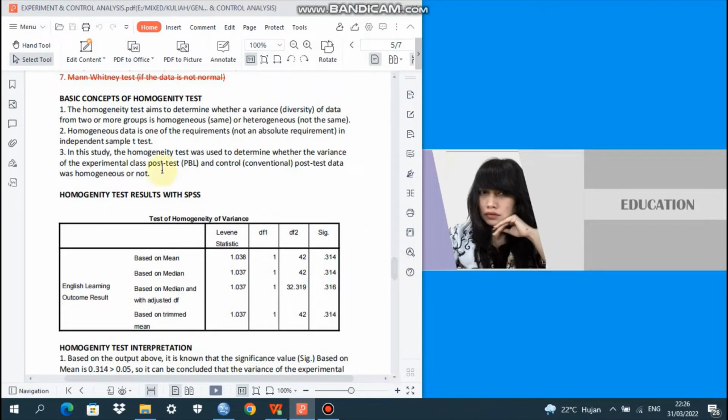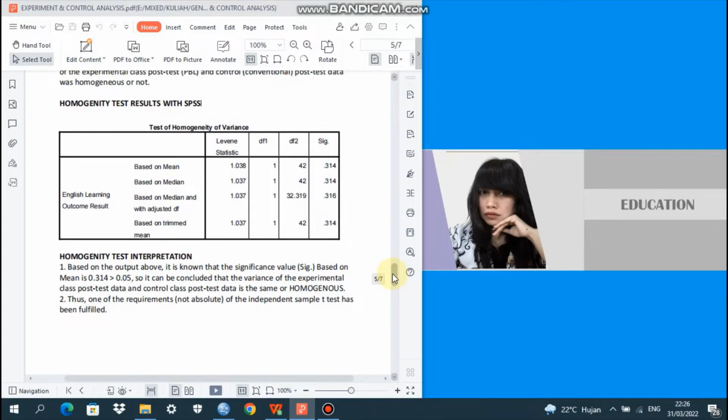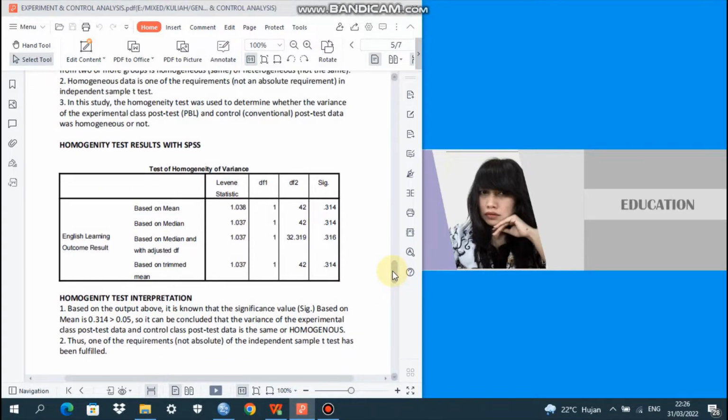I have already done the analysis using SPSS to find out the homogeneity test result. We have found here that the significance is 0.314, based on the mean.